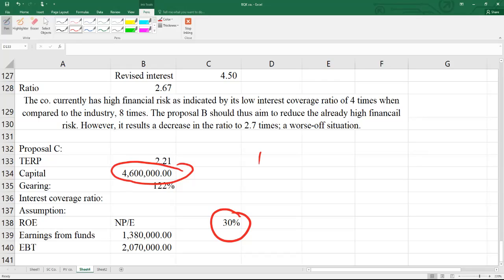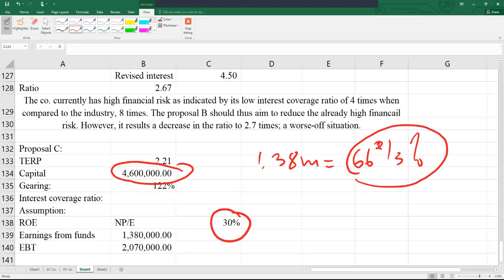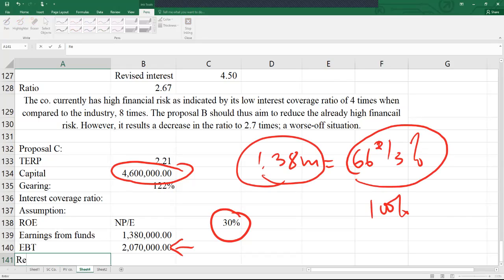Don't forget the 1.38 million is equal to 2/3, because this is after tax. Therefore, what about 100%? It's just what we have here. Well, this is the profit after tax. Then having done that, we have now the earning before tax from the investment. Therefore, we can say the revised earning before interest and tax from the investment is the 2070